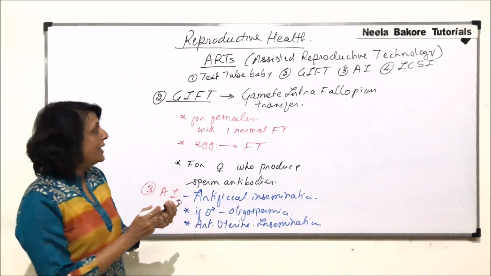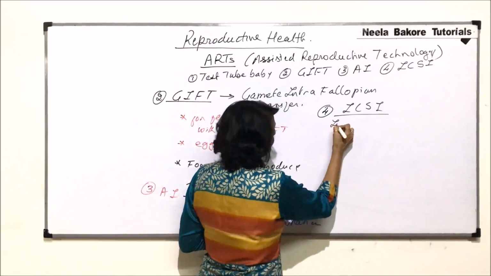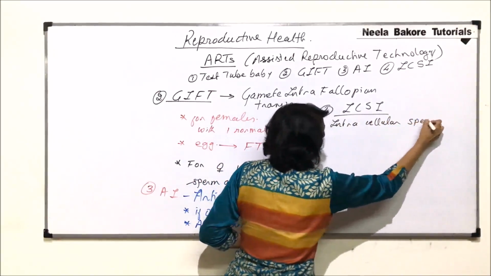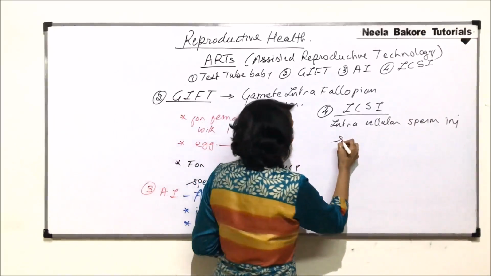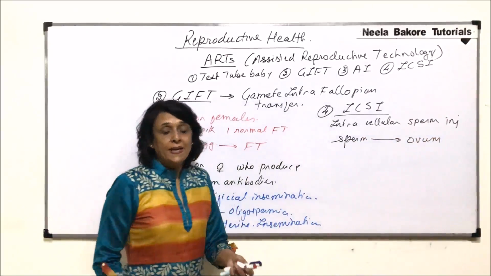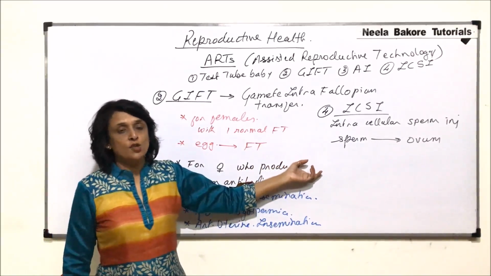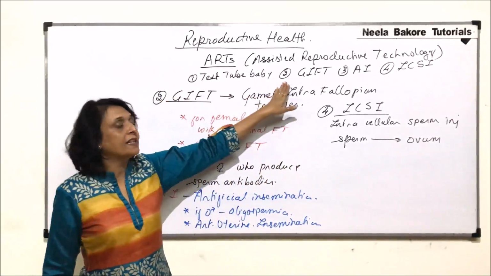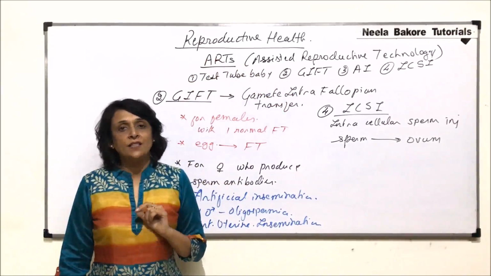The fourth technique here is ICSI. This is intracytoplasmic sperm injection. And in this case, the sperm is directly injected into the ovum. Now this is a very, very specialized condition. Again, there can be various reasons for performing this. But the aim of all these four techniques which we have listed out here, which come under ART, that is assisted reproductive technology,